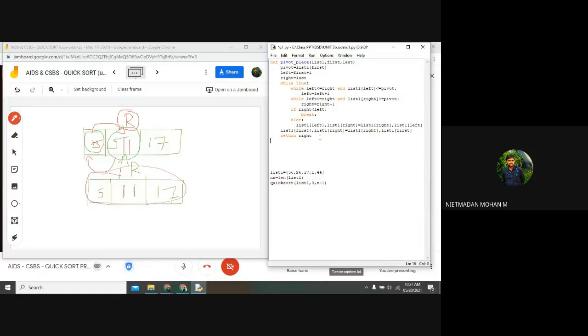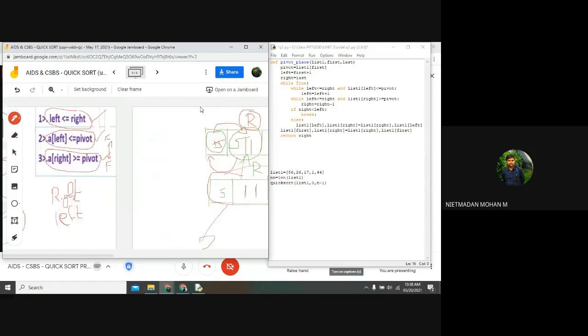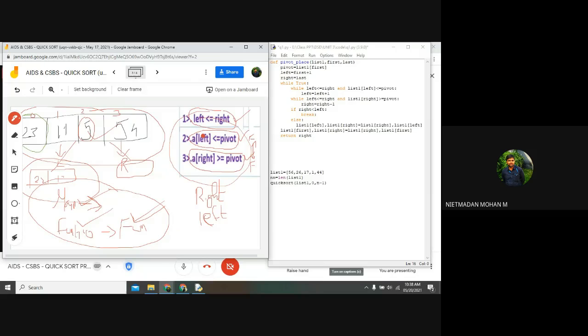Recursive function. The third function, we want to do a recursive operation in this function. Why? Because after completion of this, the list will be divided into one part and another part, and the same procedure we have done, we are going to do for the sublist also. For this purpose, I am using this recursive function.